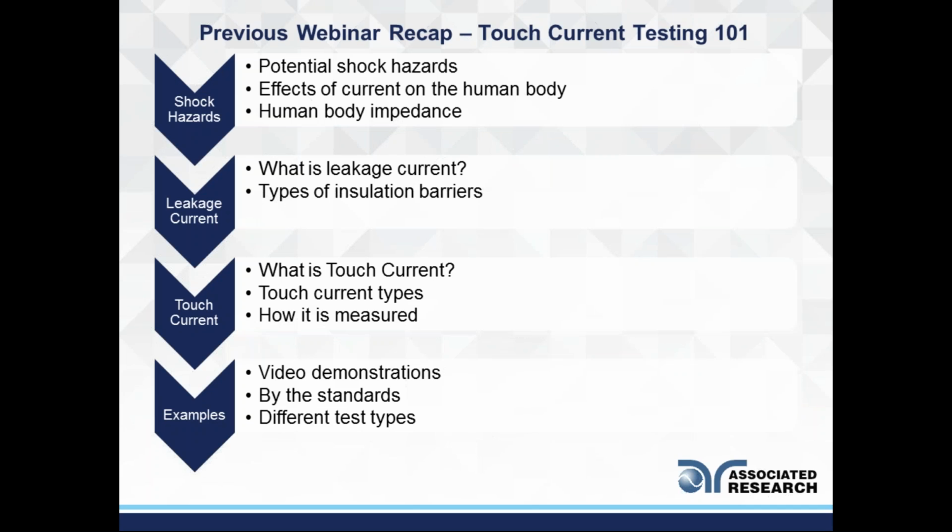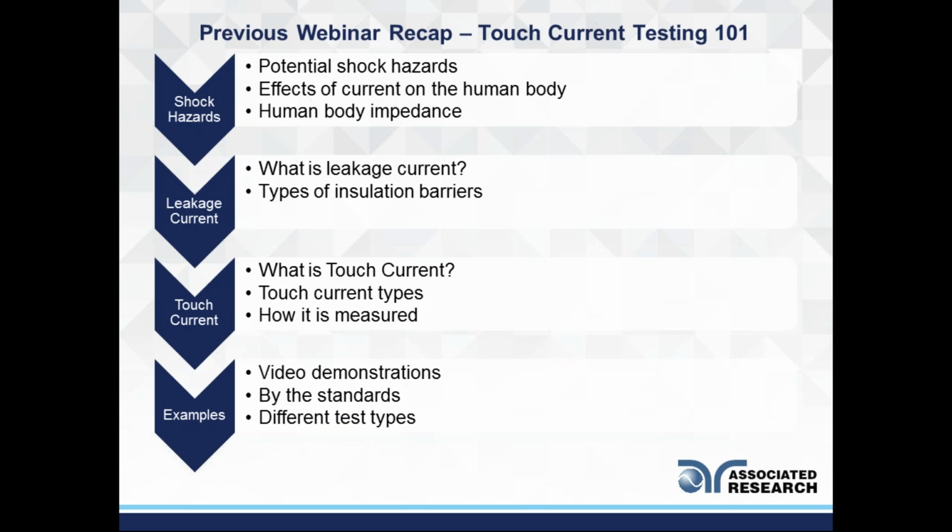So let's quickly recap our previous webinar. We talked about shock hazards, why we test for touch current, what's the point of it? Obviously looking for shock hazards, how that specific current affects the human body, and what human body impedance is, how it's measured, how certain measuring devices are created to simulate that impedance. Next we talked about a bunch of different leakage currents, what is touch current, and Syed gave some examples of